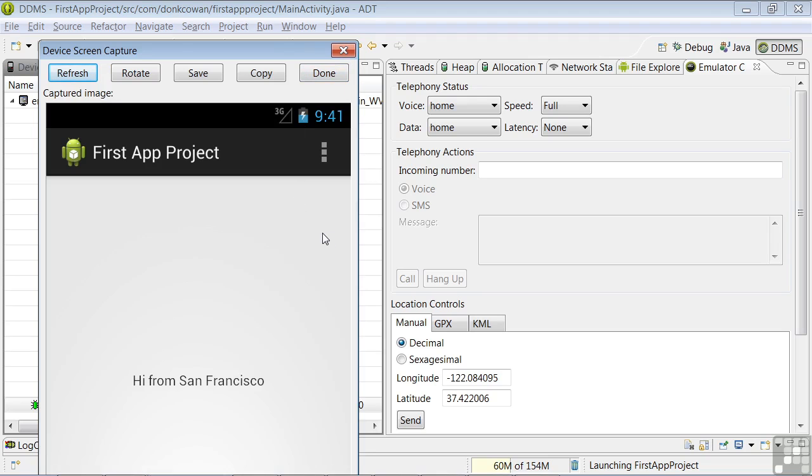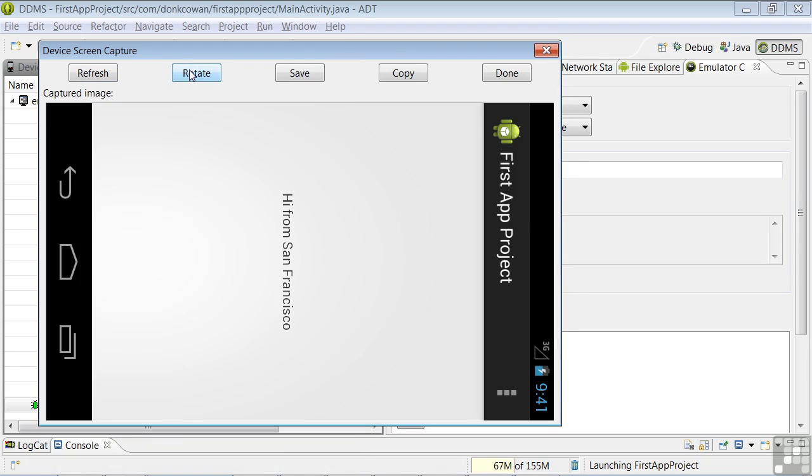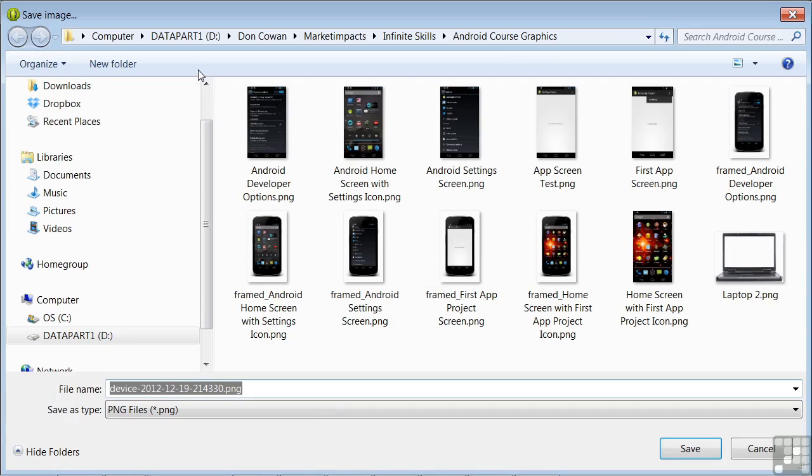You're only seeing a portion of the screen on my computer because of the resolution I'm using for recording. Now, this won't cause a problem in using the image. And we have a few options on what we can do with the image. We can rotate it and keep rotating it to bring it back to vertical position. We can refresh the image. We can copy it to the clipboard, or we can save it, which is what we're going to do by clicking the Save button. I'll save it with the name Screen Test 1,